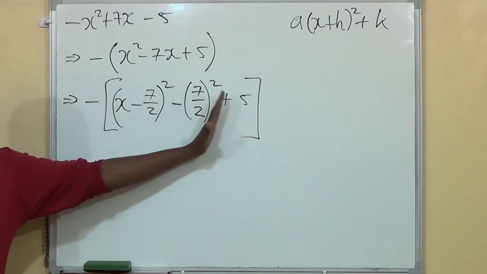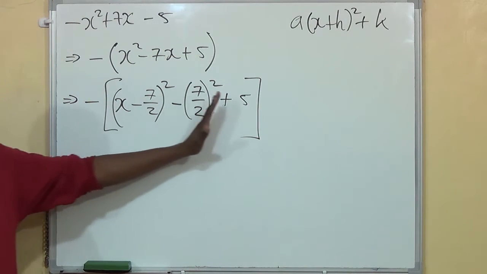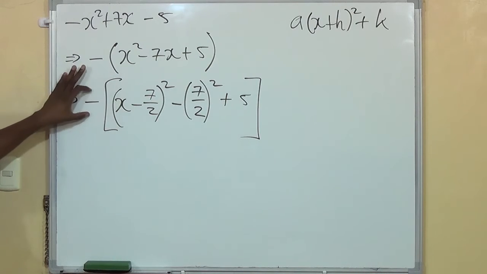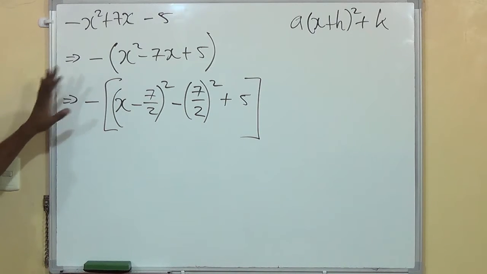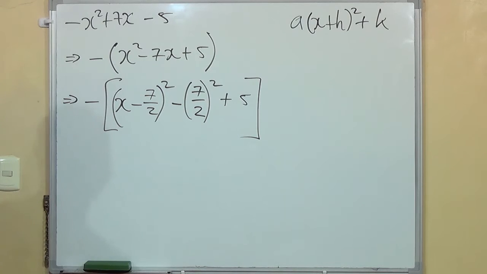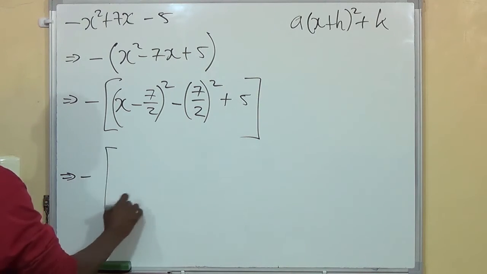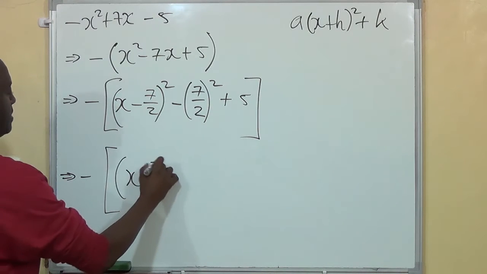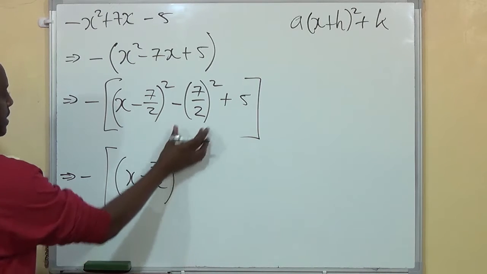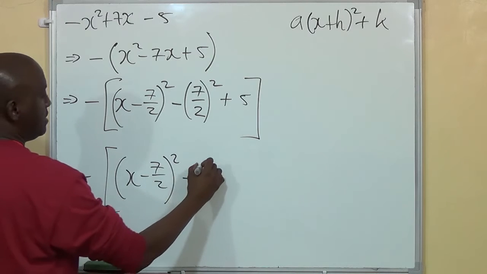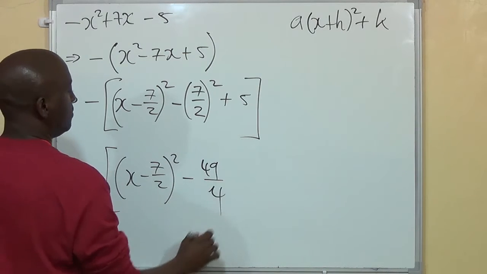So this is the same thing that we would have been doing in earlier videos. We just have to remember that we have the minus sign outside here that we have to reintegrate at the very end in the last step. So we continue as before. So this will be minus into x minus 7 over 2 squared. 7 over 2 squared is 49 over 4